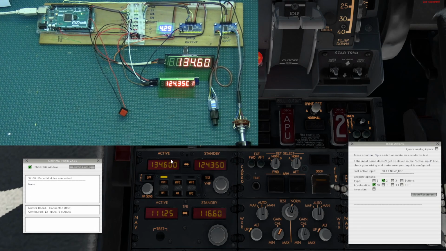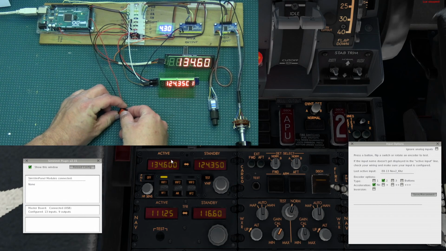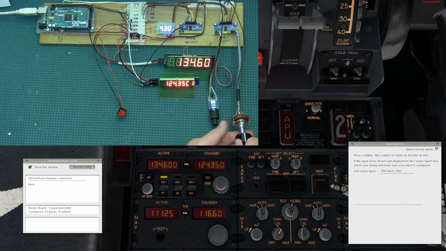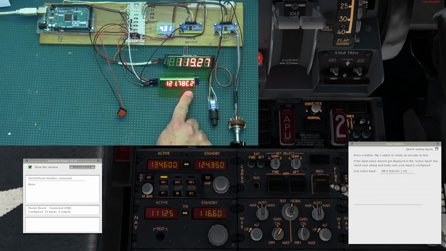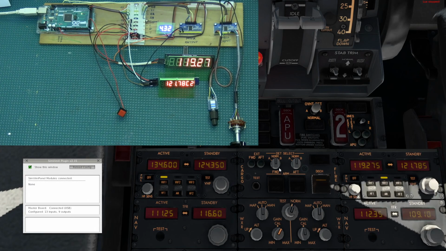So now you're seeing it, and then I can use the button and you can see that the frequencies swap. Alright, so now we're going to go to position number 2 on the rotary switch, and you can see that the display changed to COM2. And if we come over here to the simulator, we can see we have 121.78 on the standby and 119.27